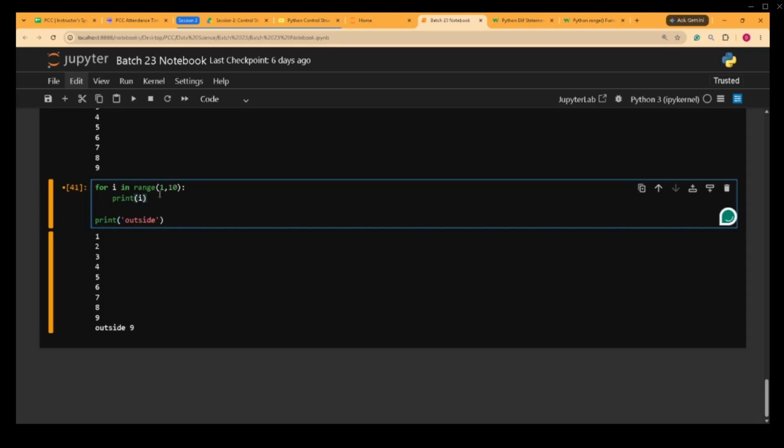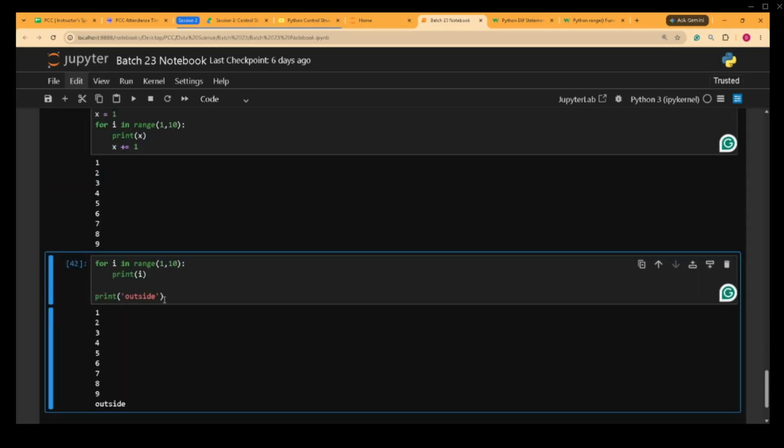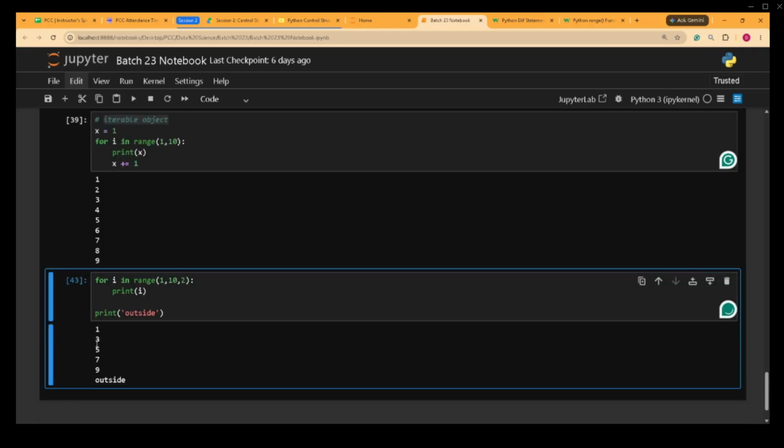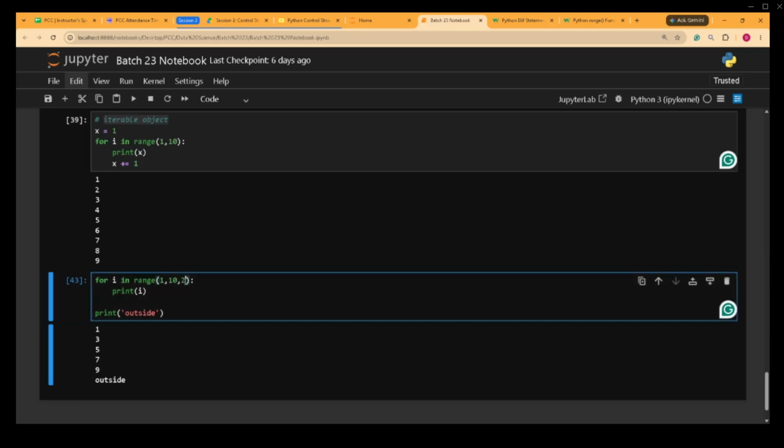All right, so I have i here. We printed it out. If you guys want to see the step, let's say it starts at 1, steps of 2, that is what will come out. So 1, 3, 5, 7, and 9. Okay, so the main point here is that the for loop stops. Let's say I want the loop to repeat 10 times. So you can just use the range function and put 10,